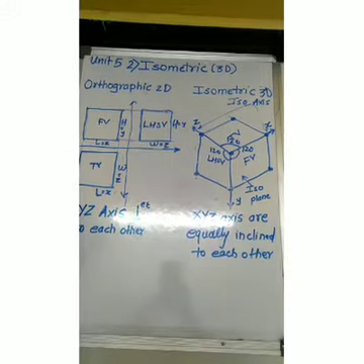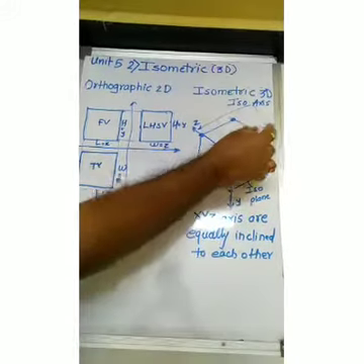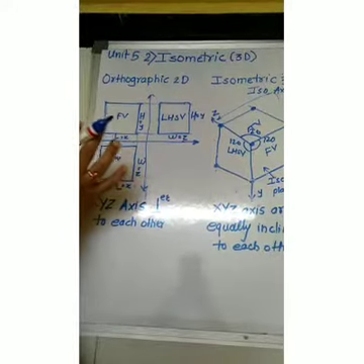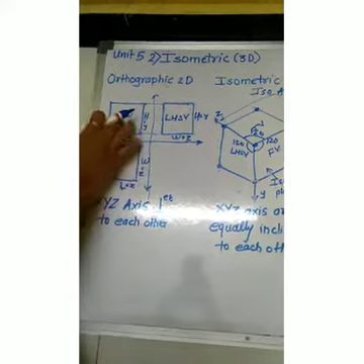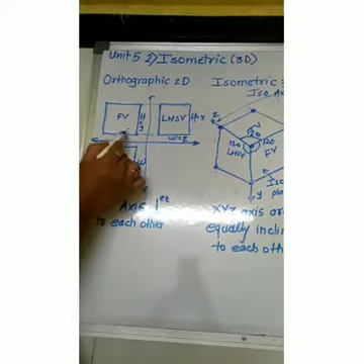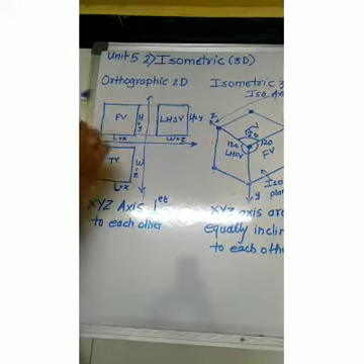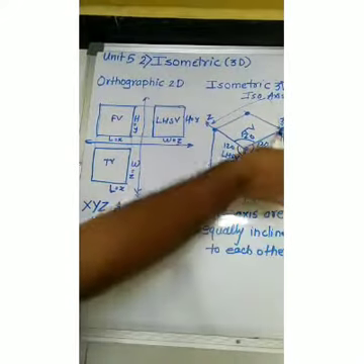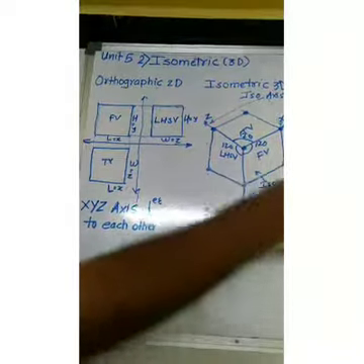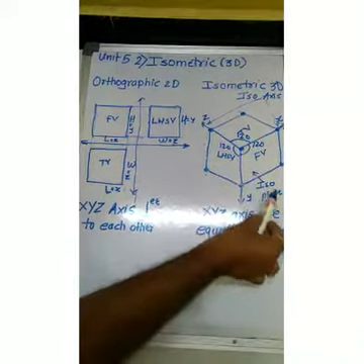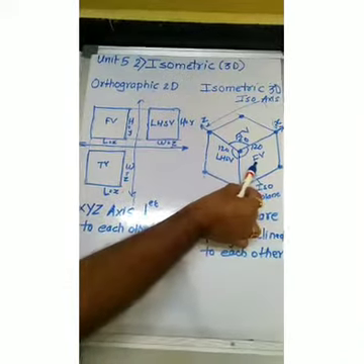Now on these iso-axes you will have to plot the front view. That means you need to see which dimensions you can see in front view. As you all know, in front view you can see the length and height, that means x and y. That means you will have to plot the front view in between the x and y axes. So this is the direction of visualization of front view, and these two iso-axes form the isometric plane. So this isometric plane is for front view.